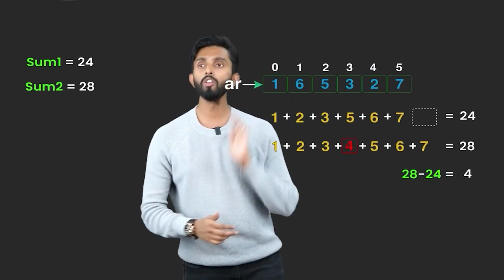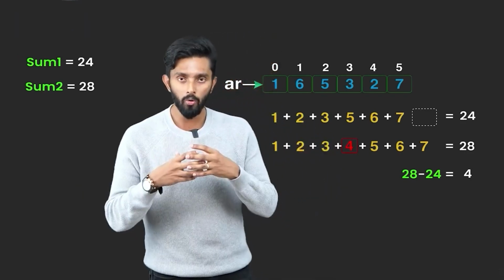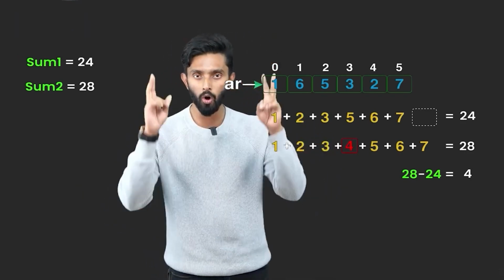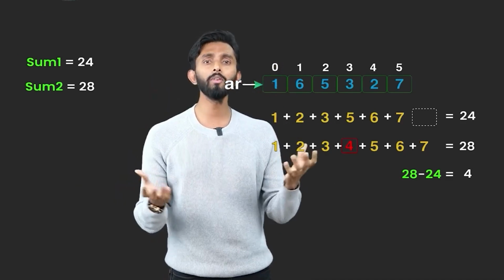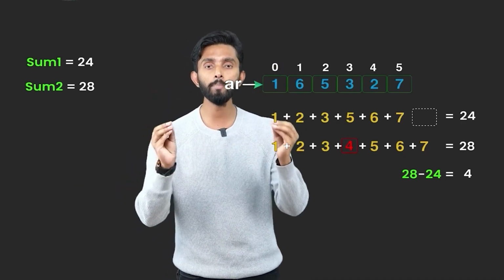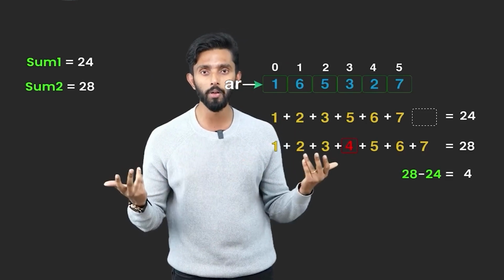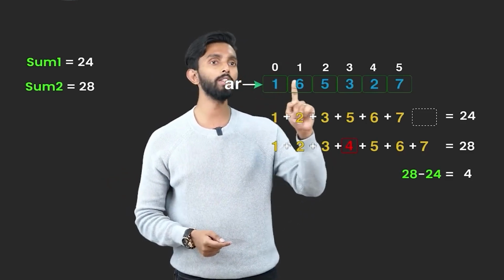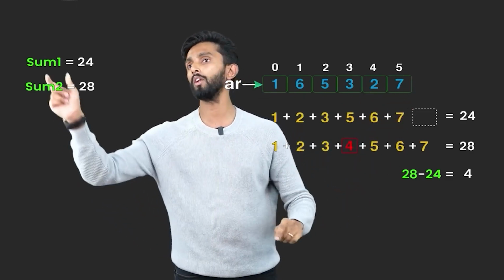So, long story short, now I'm creating an algorithm. I'm sure all of you heard this word algorithm. Algorithm is a very hi-fi word. In simple English, it means steps. What are the steps I should follow to solve this problem? Simple. Step number 1, find the sum of all the elements in the array, store it inside a variable called